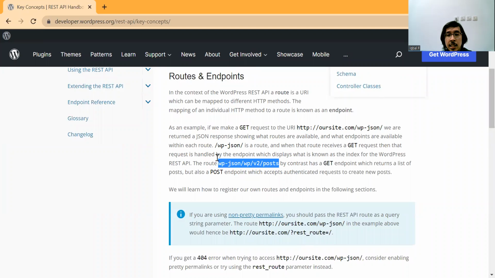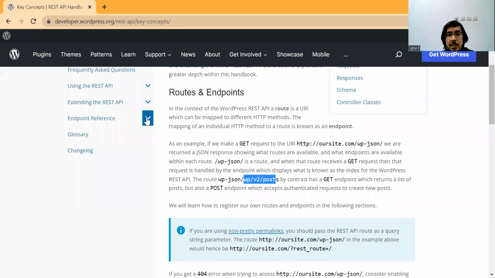So you can use this URI, oursite.com/wp-json/, and continue with /wp/v2/posts, and the rest is in the endpoint reference.